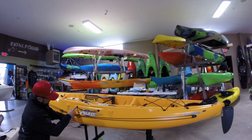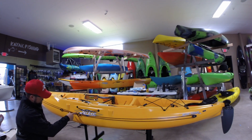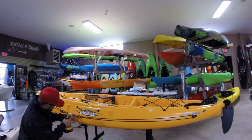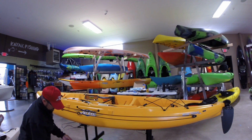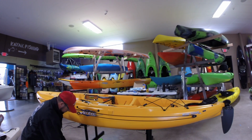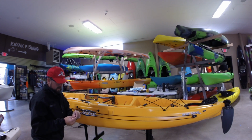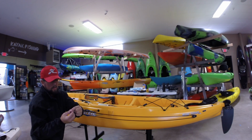So what I actually do is I'm going to go and run straight down here. I'm going to run about 1.5 inches from the line, and I'm going to go through and drill a hole. Just eyeballing it straight right down here. Pre-drill a hole. Now on this, I've got their guide piece screw, and